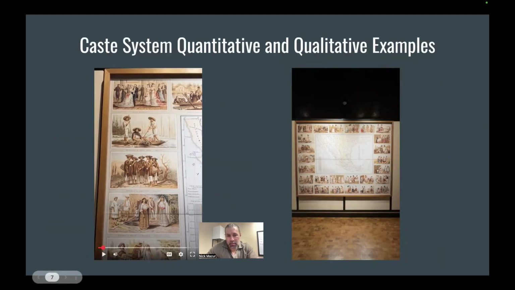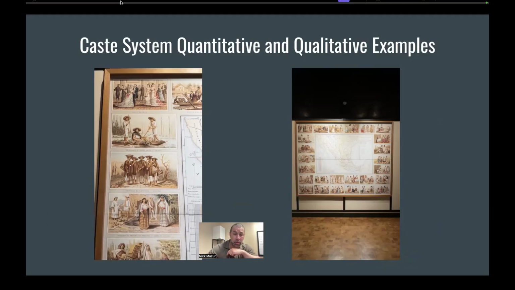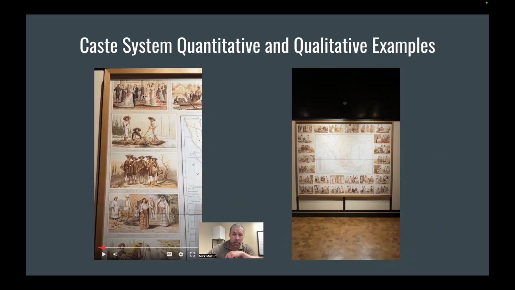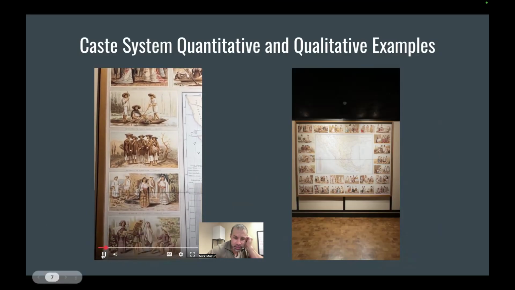So you can see where initially they start, right? This is a map that was made based off of this caste system, this racial hierarchy that starts with those people who are most closely European, right? That's going to be these individuals up at the top. And then what this map does is it shows the entire area of Mexico, and then it breaks down the various regions based off of the individuals who are tied to Spanish blood. So let me just play it for you so you can take a look.